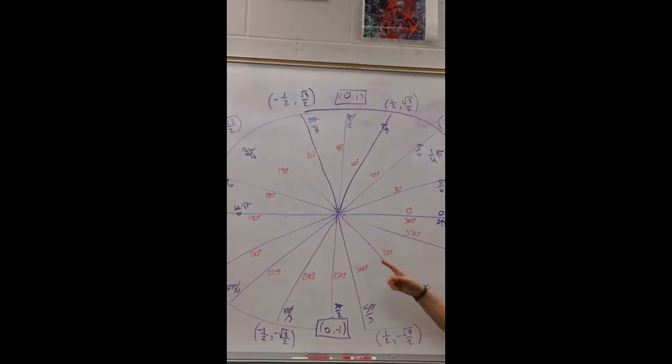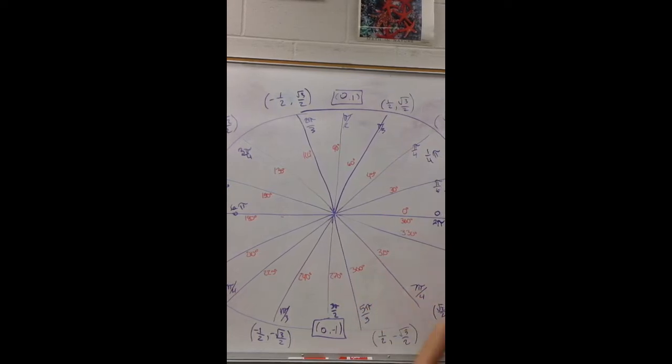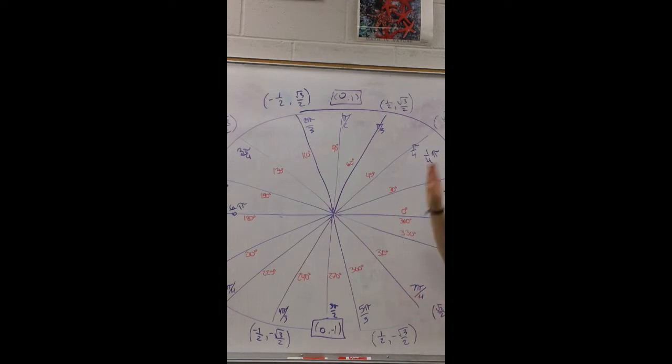So 540 is still somewhere on the unit circle, but you have to add 360 until you get back on this particular unit circle. So 540 is somewhere, you're at 360,